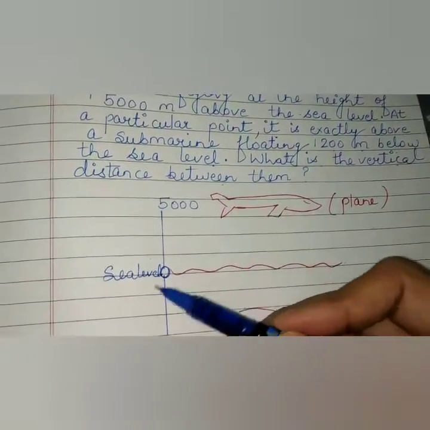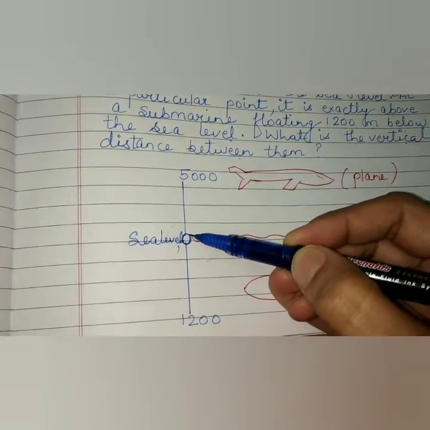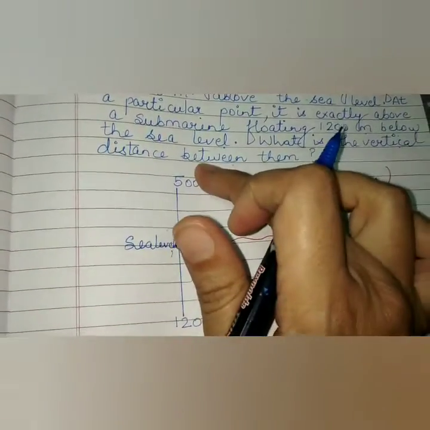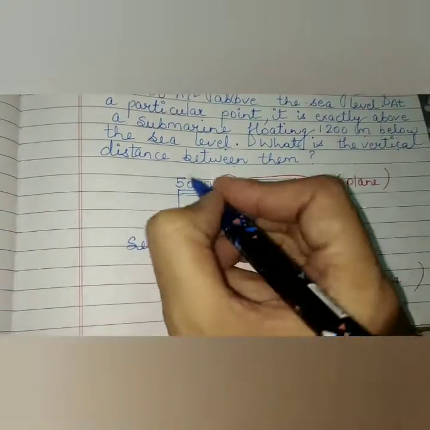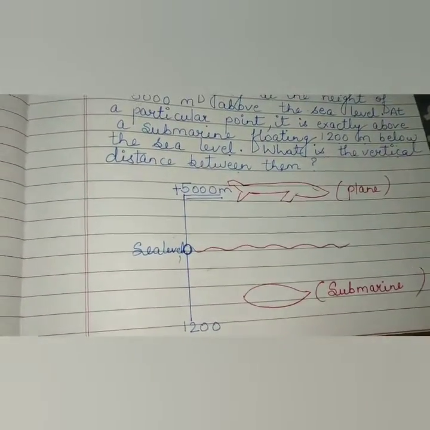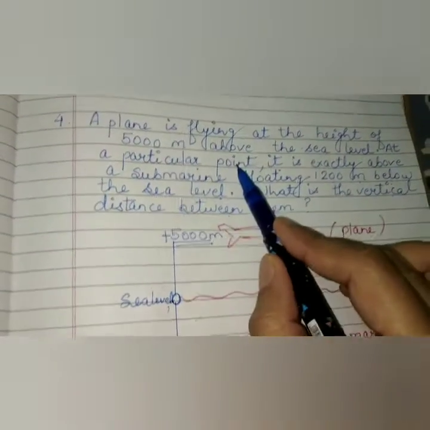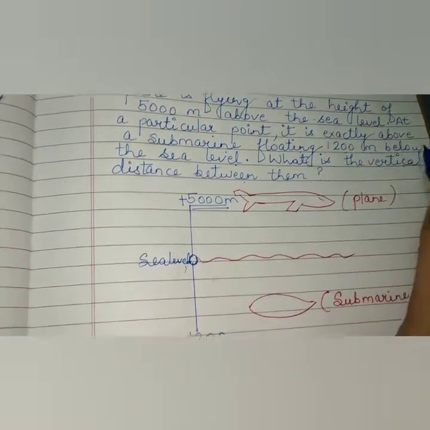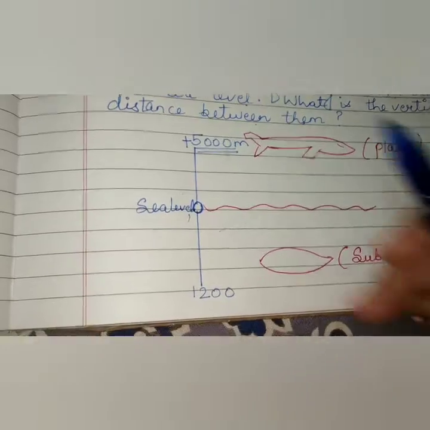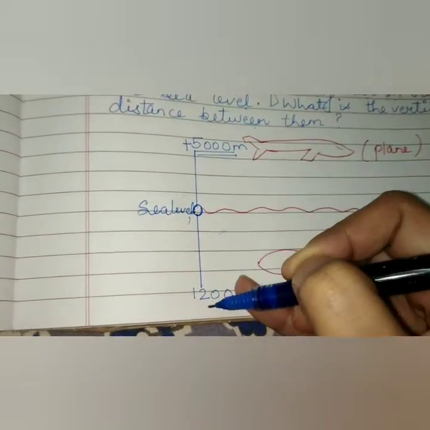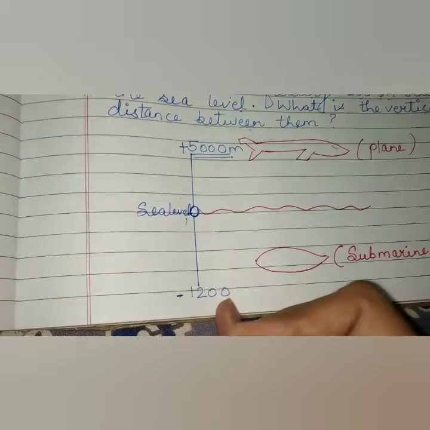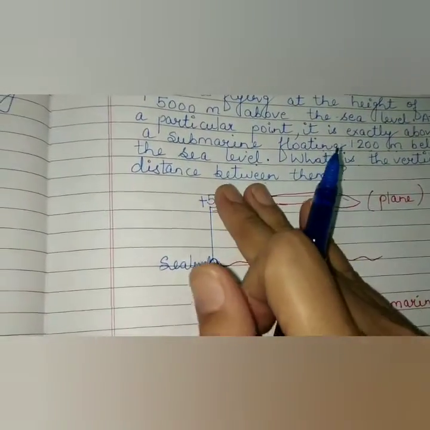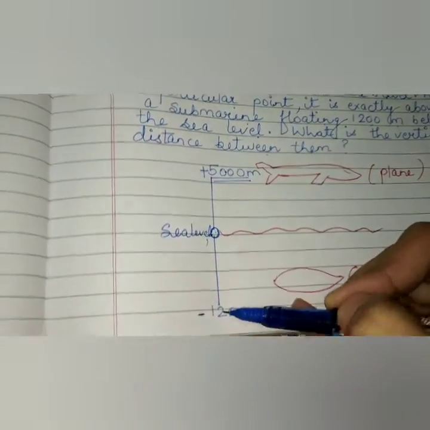Okay, now a plane is flying 5,000 meter above sea level. So this value will be positive. Now at a particular point it is exactly above a submarine floating 1200 meter below. Now this is the submarine, this is sea level, it is below, so this value will be in minus. Just remember that above sea level the value will be in plus and below the sea level it will be